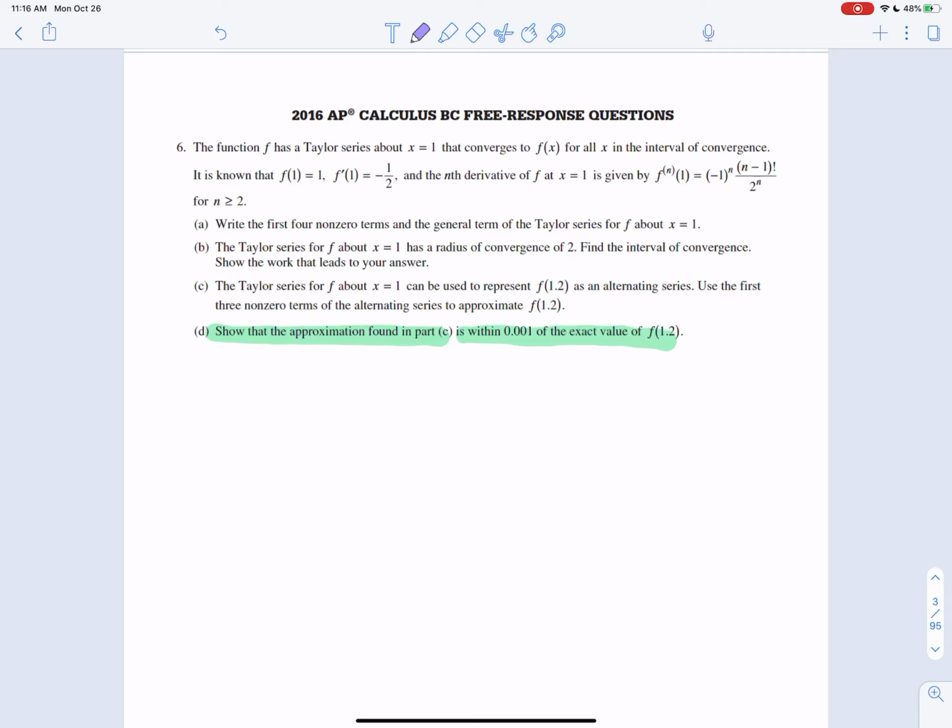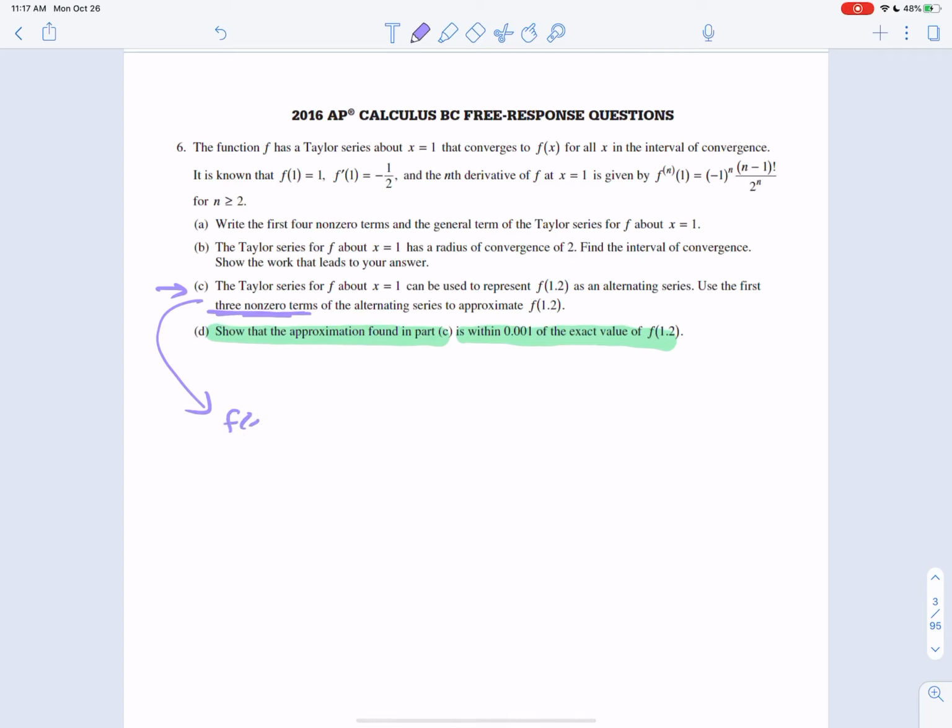Okay, so show that the approximation found in part C is within 0.001 of the exact value. Okay, so we've got to go back to part C here. It says the Taylor series for f about x equals 1 can be used to represent f of 1.2 as an alternating series. Use the first three non-zero terms. So I'm borrowing this here, okay? So the first three non-zero terms are going to be,